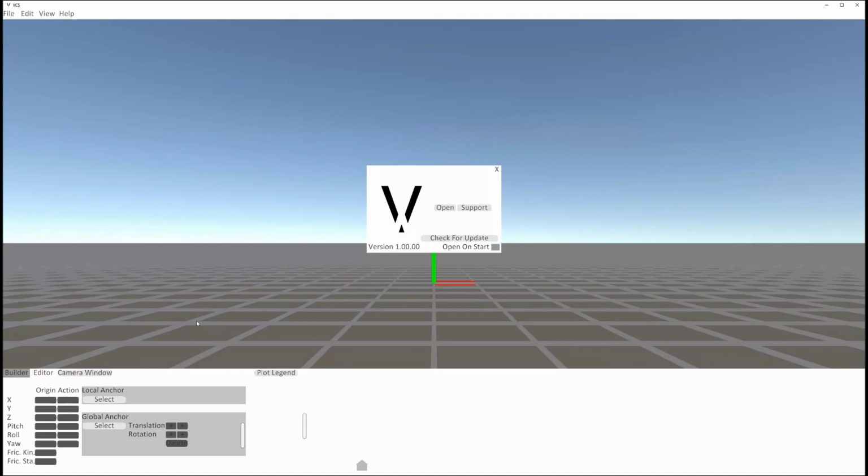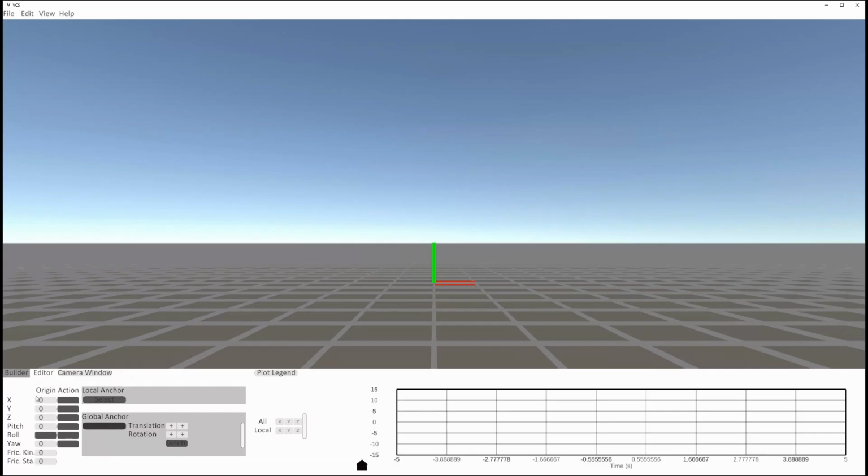Hello and welcome. In this tutorial, I'll be showing you how to use the global anchor. To get started, press select on the global anchor and then add the origin, position, and friction values. This will add where the track is, similar to the local anchor. However, you may now add actions. Actions affect how the track rotates and translates